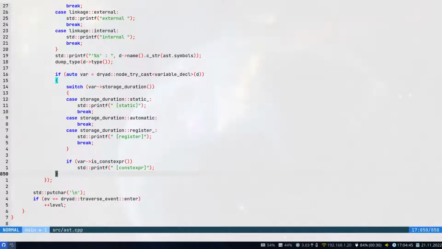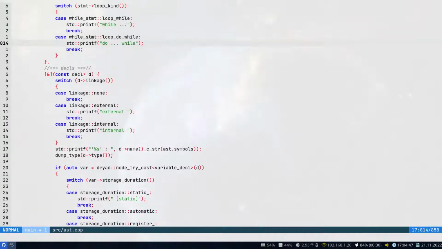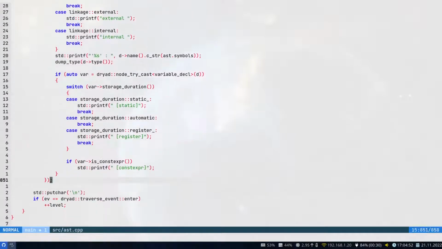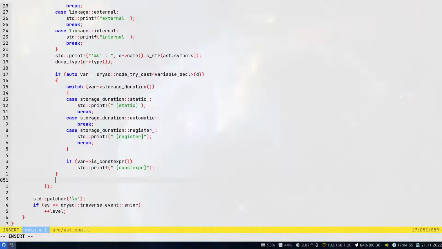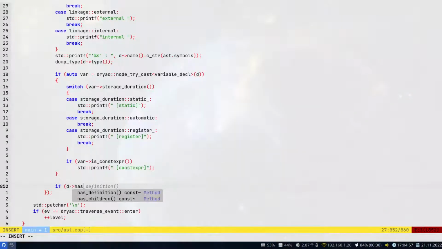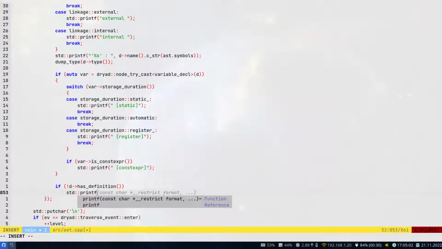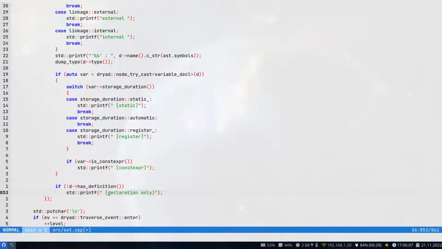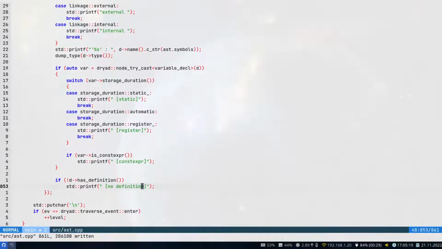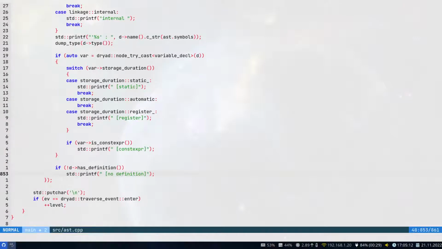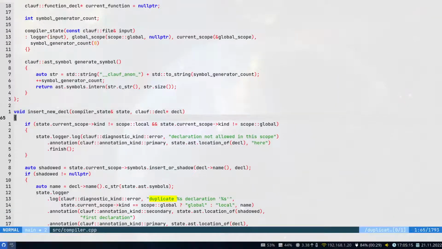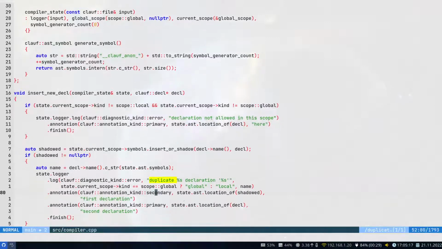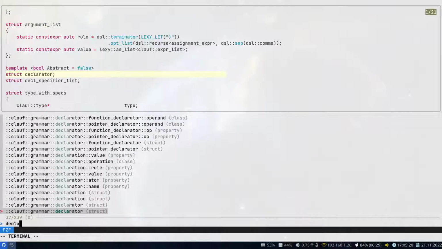Okay. And then let's first of all print that. When we print a declaration, at the very end, we can say, if it doesn't have a definition, then we want to print declaration only. Oh, let's say no definition. So we can see what's going on. Okay. And then in the compiler, for example, let's not tackle this one first, but when we, for example, parse declaration,